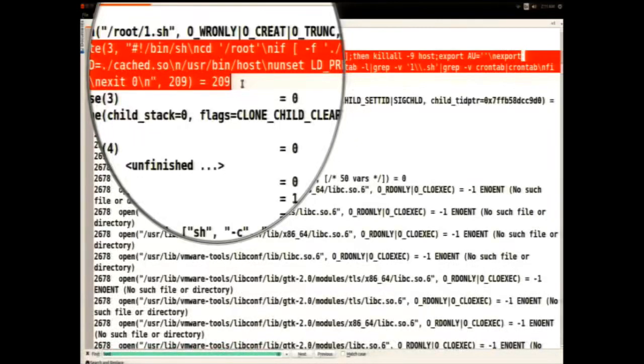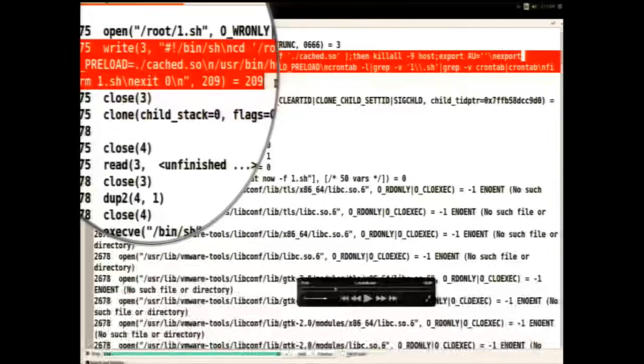What happens when the host process is invoked is that it displays the help option and exits, which means it has to call the exit function. As a result of this ld_preload technique, it calls the exit function implemented in the malicious shared object which the malware dropped, rather than the actual exit function in the standard library. Now the control is redirected to the exit function in the cache.so, which is a malicious function. So it will do all its malicious activity and then call the actual exit function in the standard library. That way, the application won't know that anything went wrong.